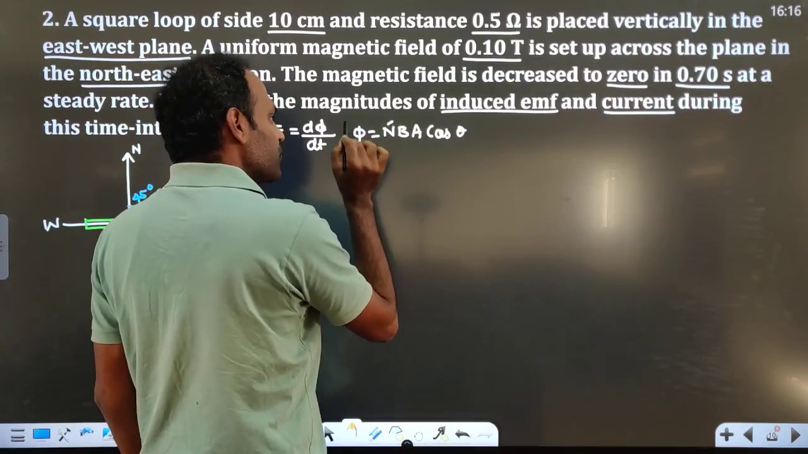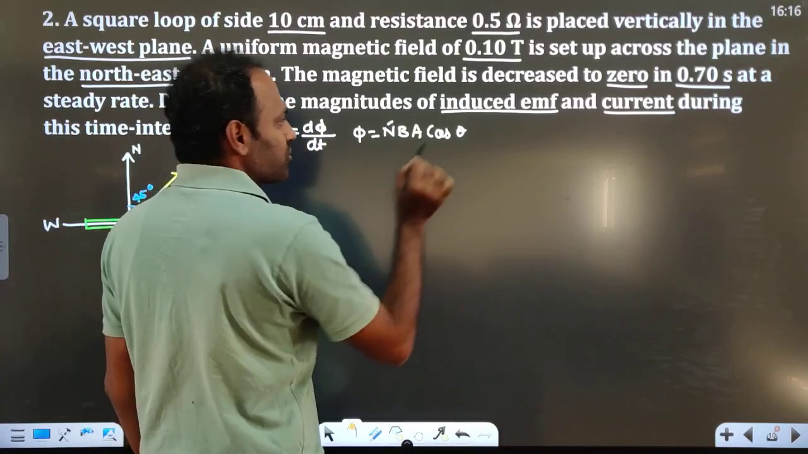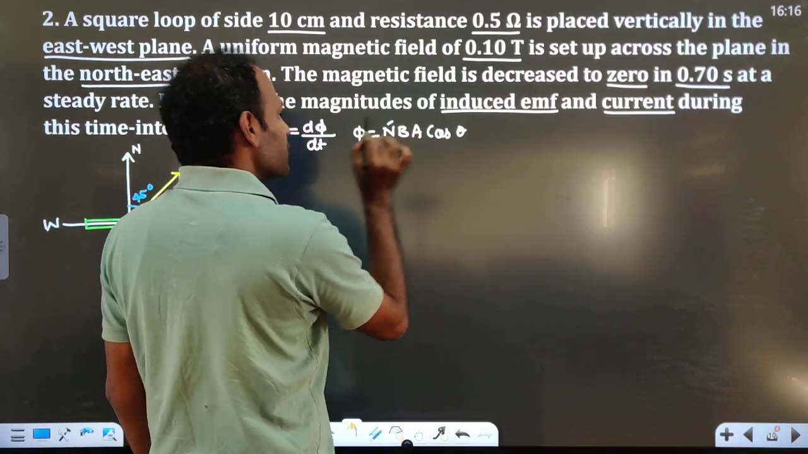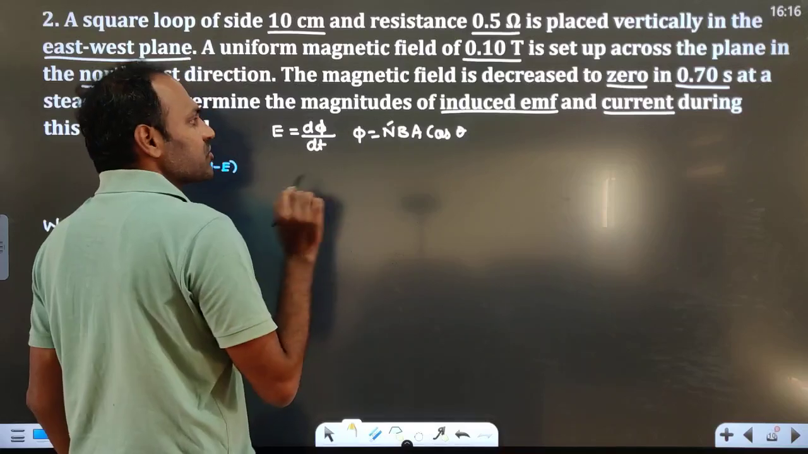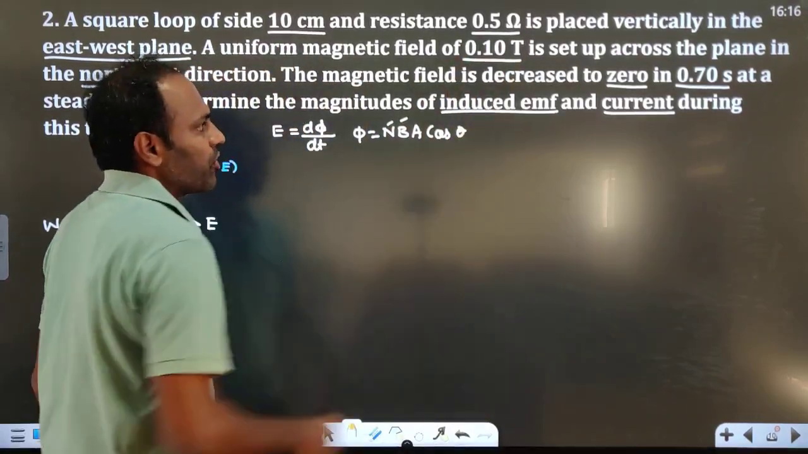If magnetic field changes, flux changes, EMF will get induced. If area changes, flux changes, EMF will get induced. If angle, orientation changes, flux changes, EMF will get induced. In this question, what is changing? Magnetic field is changing. From where to where? From 0.10 to